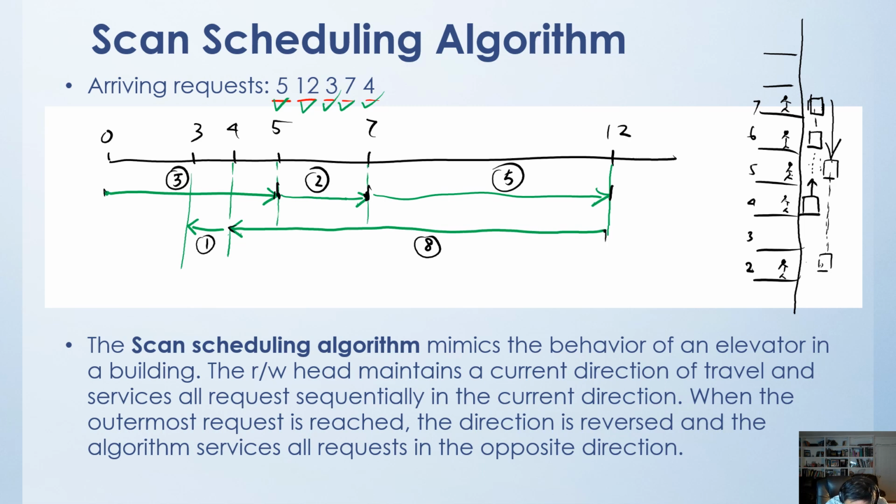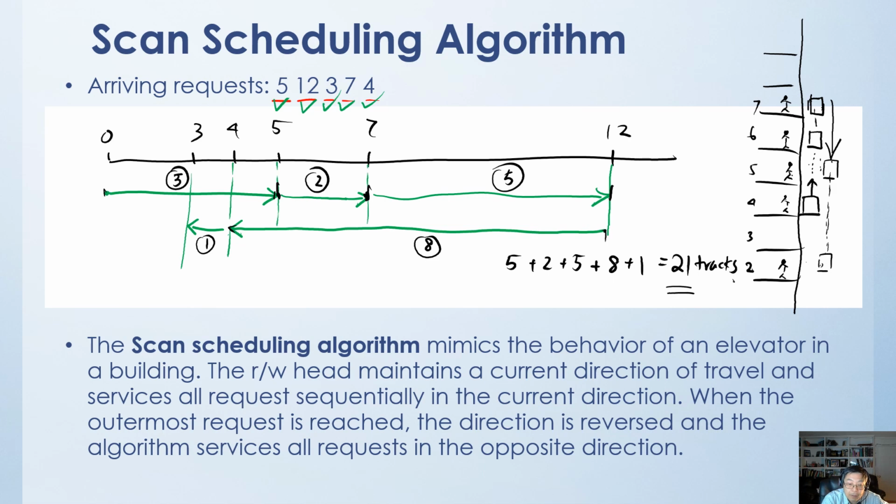So the total distance traveled is 5 plus 2 plus 5 plus 8 plus 1. So that's a total of 21 tracks. Okay. Now what's the performance? Remember the FIFO, I believe it took 28 tracks. The